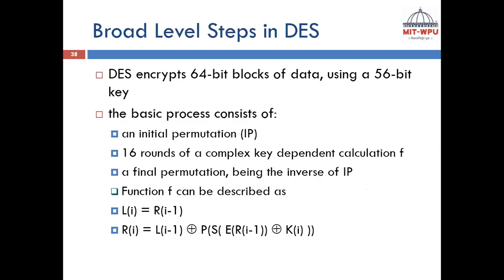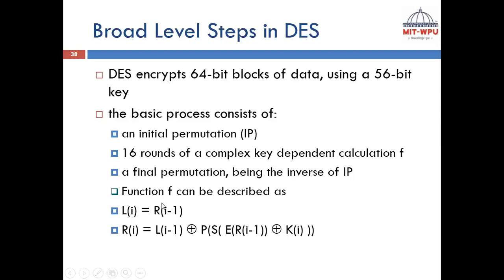Then these are the different steps which are available for DES. In the DES, we get the input as a 64-bit block, and then a 56-bit key is there. The basic process consists of an initial permutation IP. Then there are 16 rounds of complex key-dependent calculations based on F. A final permutation is generated, called the inverse IP, and the function F is described based on these